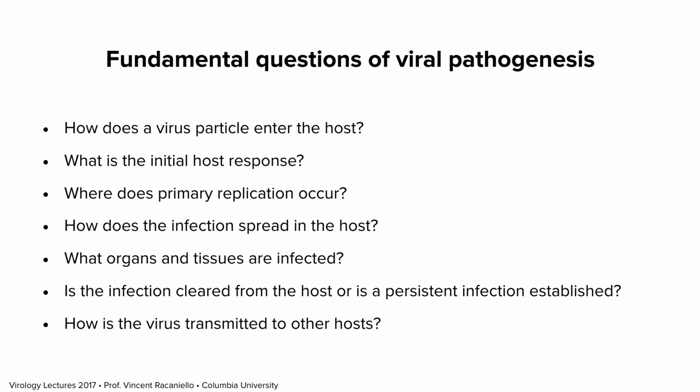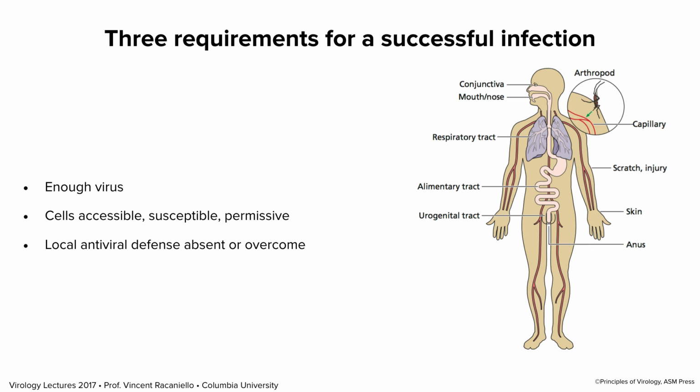Some viruses stay with you forever, and we're going to talk about how that works. And finally, how is it transmitted to other hosts? This is really important, as I've said, and I'm going to keep emphasizing it. If a virus stays in a host and doesn't transmit, that's the end of the line for that virus. And so I think the biggest evolutionary pressure on a virus which we can recognize is the pressure to transmit to another host. These are all sorts of questions and more that we study and try to understand. We'd like to know how viruses cause disease, and we believe it gives us insight into preventing disease, either with vaccination or antivirals or other therapeutics.